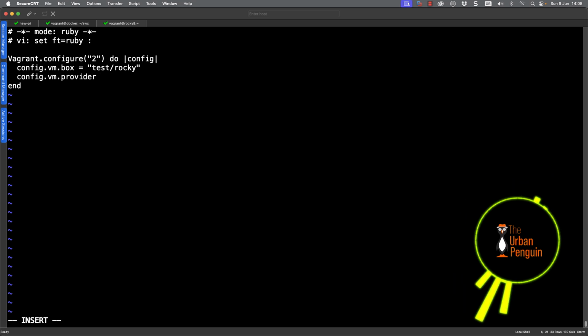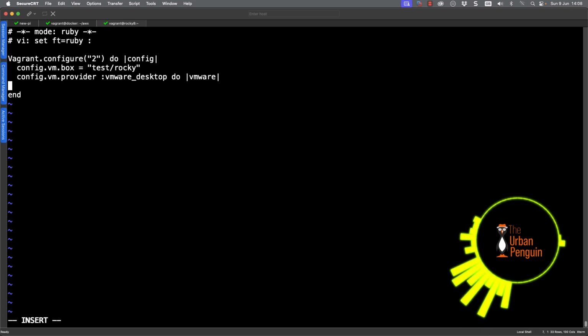And of course, we're using the VMware Desktop provider. VMware Desktop will work both for Fusion and VMware Workstation. And we can go into the Ruby loop for this. This is really written in Ruby code.